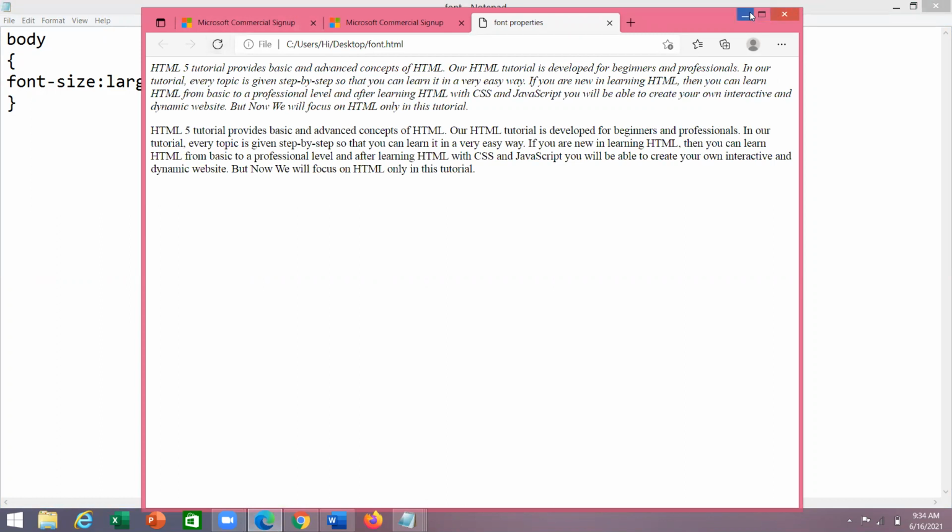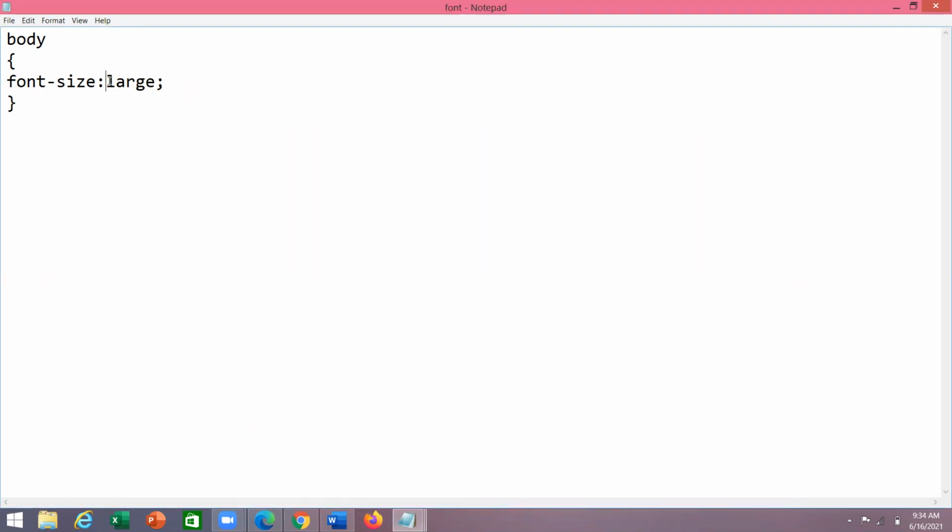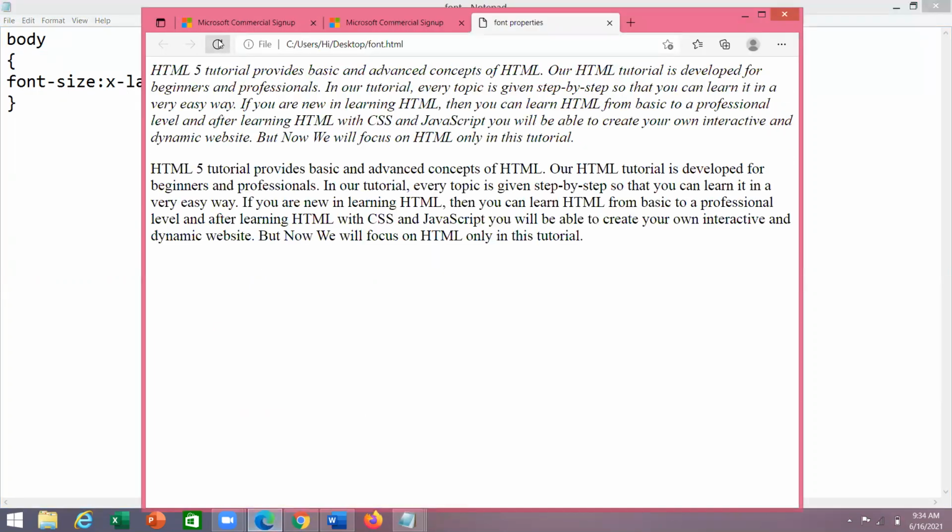For example, x-large, and we have different types, x-large and double x-large. Now we check it. Refreshing the browser and opening x-large. Double x-large is displayed larger than x-large.